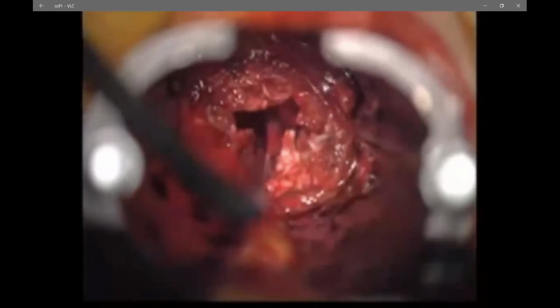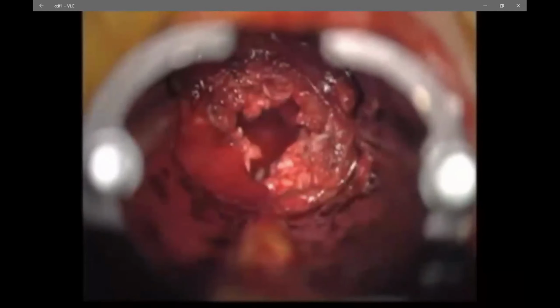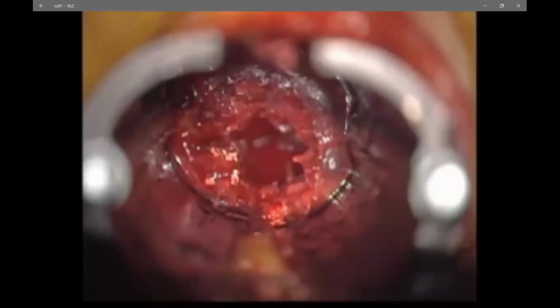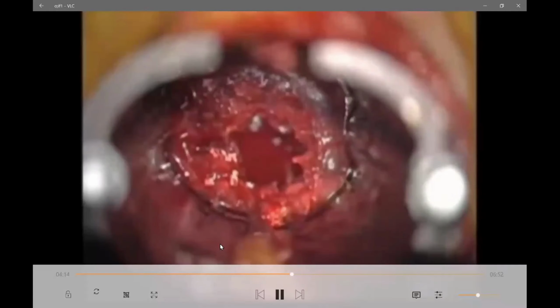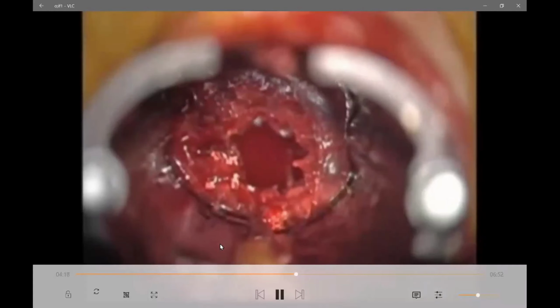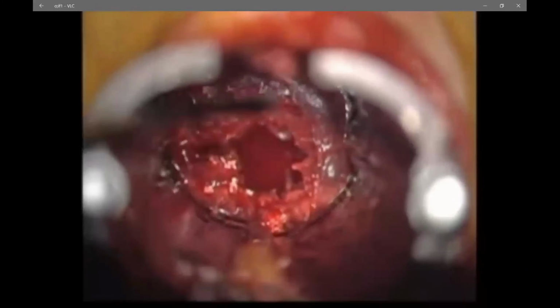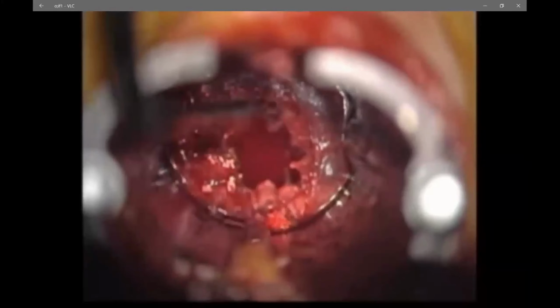And once you have removed all the remnants and you have made sure there is no disc material there, you prepare the disc, and then you put the lordotic side in front and the non-lordotic behind. And in the Surgicel, you have put all the graft harvested from local bone, or sometimes, in some cases, you can use bone morphogenic protein. So this is how it is going.